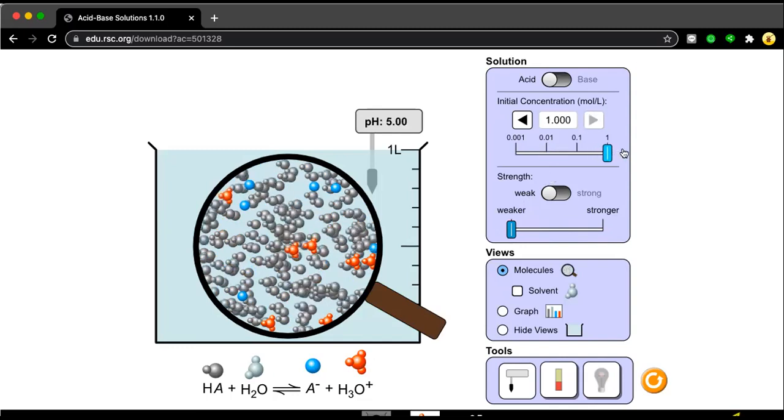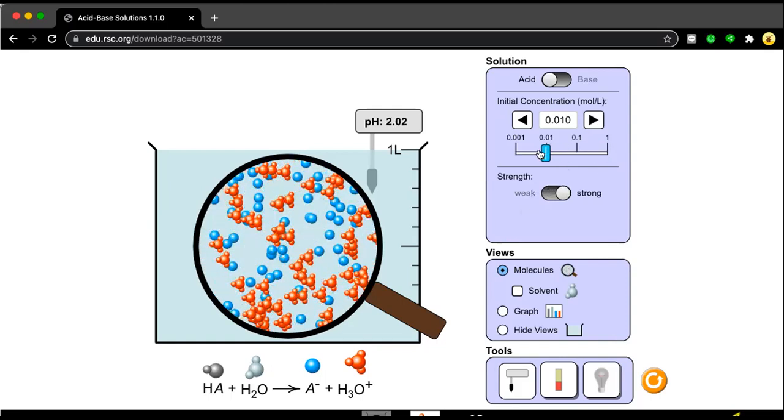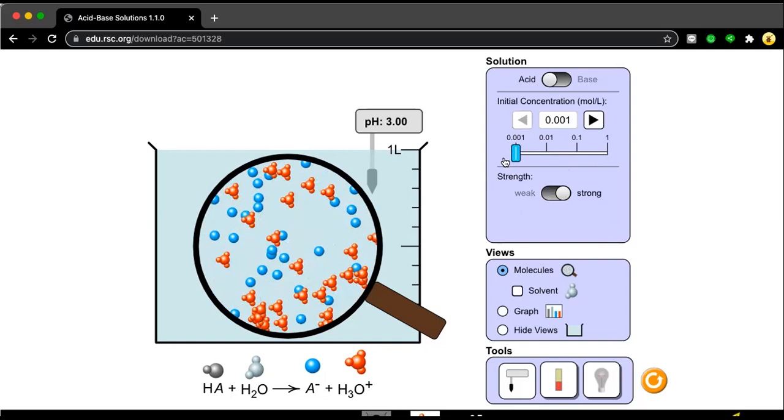Maybe I choose something that's very concentrated. A very concentrated acid, maximum that the software can drag is until 1 mole per dm cube or per liter, 5. If I have a strong acid with a very low concentration, then it will be 0.001 mole per dm cube. The pH is 3, but